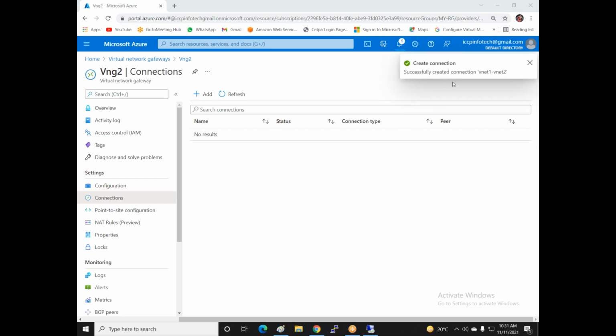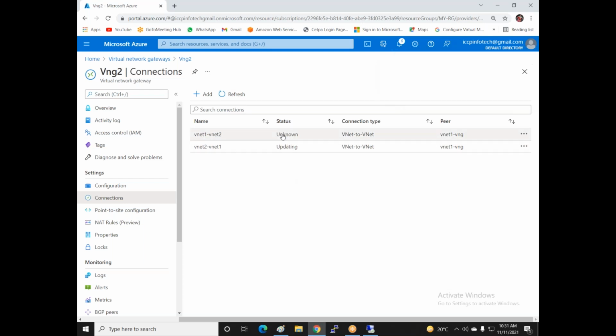So you can see the pairing connection VNet 1 to 2 was created successfully. Now refresh, and it shows both connections. It is updating, and this VNet 1 to 2 takes just a minute. It updates within 1 or 2 minutes, when this connection is established.